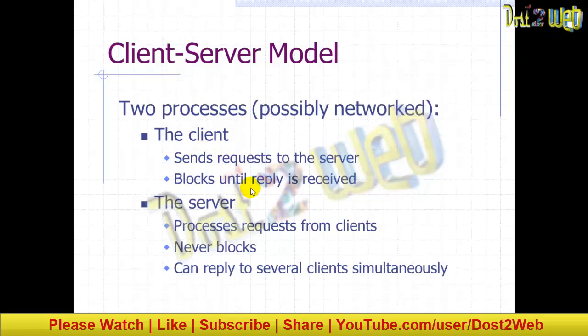The server will process that request and it will never block. It will give you whatever you request, as per the content and the service provided by the website owner. That's why it is the client server model.